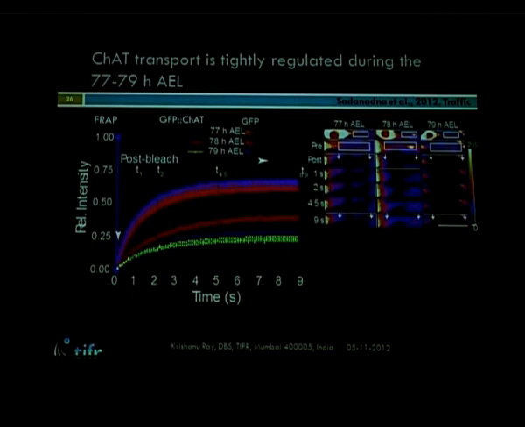Incidentally, when we looked at the kinesin 2 motor alone, we found that the motor recovers consistently at all stages of the larval life. So that indicates that the motor keeps moving consistently, but the cargo can be only moved for 1 hour during this period. So it was quite perplexing for us at that point of time, which we have now analyzed further, and it turned out that there is a sort of global cue which is present all along the axon.